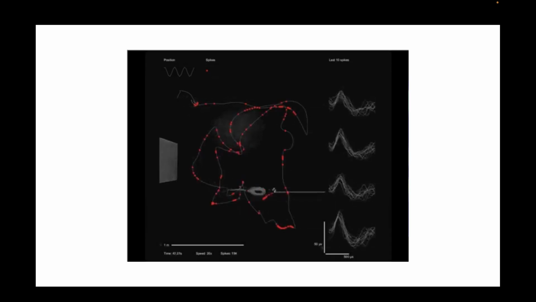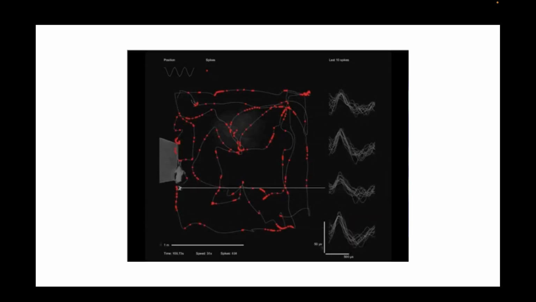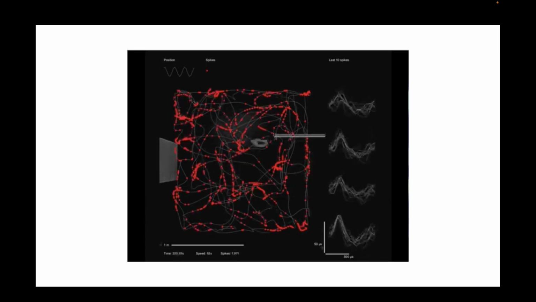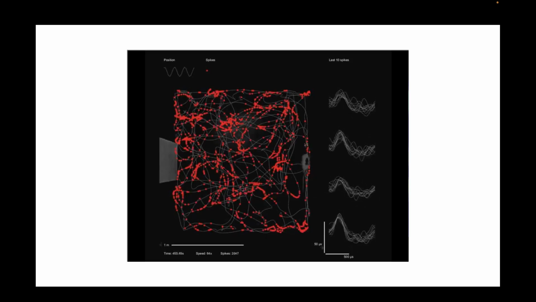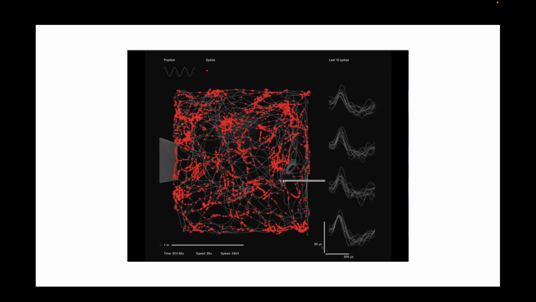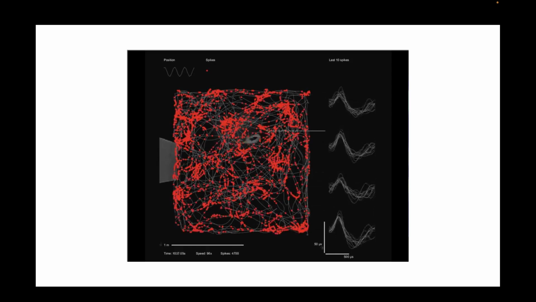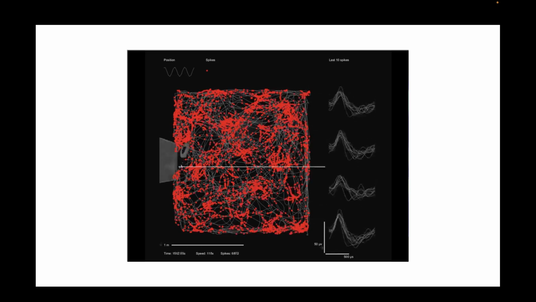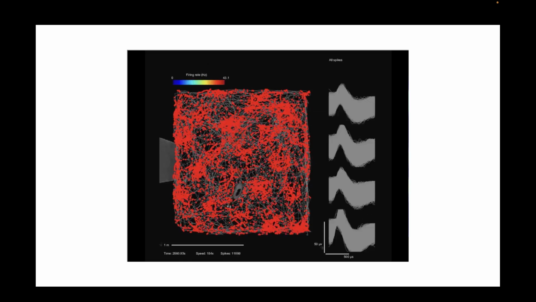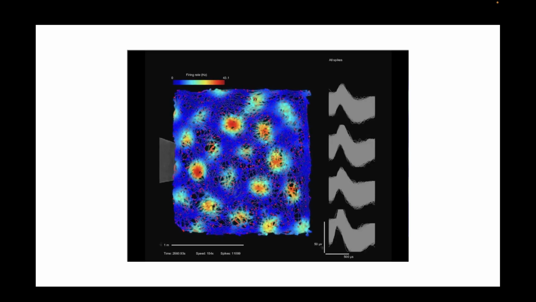So this is a mouse which is moving around. You see the movement being tracked, and the red dots, wherever they come, is when a certain set of neurons that you're recording fire. So a population, or let's say you can take a single neuron also, it fires all the time whenever it reaches certain positions in the grid. It fires more than baseline. So when it moves, you make a map of it,